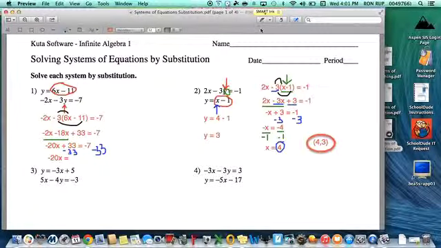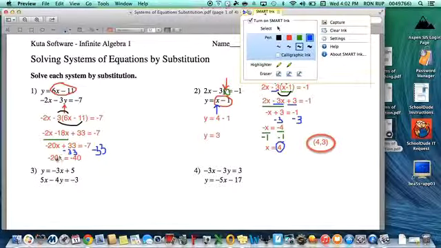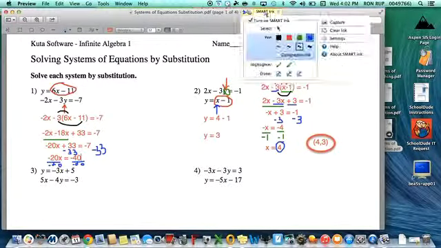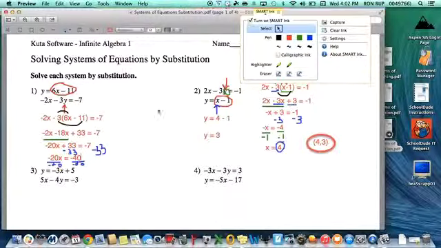So you can make it negative 7 plus negative 33, or just do negative 7 minus 33. Either way, you're going to get negative 40. And then when you divide each side by negative 20, negative 40 divided by negative 20 is going to give me positive 2. So x equals